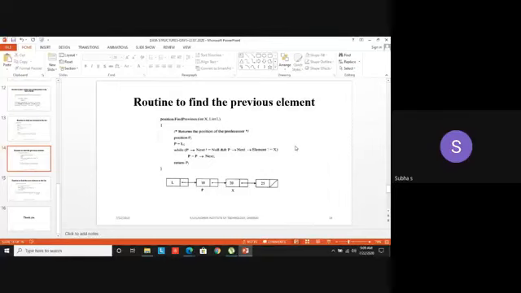I found a CGPA of 7.5, something like that. I want to find the student who has less than 7.5. That is your previous node. I want to find the student who has greater than 7.5. That is your next node.